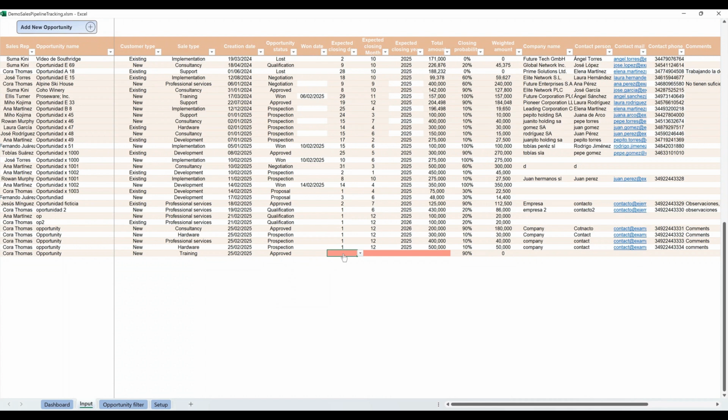Like in any real opportunity, it is necessary to record what the expected closing date is. And we do this through drop-downs for the day, month, and year to facilitate data entry. For instance, and we come to the most numerical part. Here we reflect the amount for which the salesperson estimates they will be able to close the sales opportunity once won. For instance,